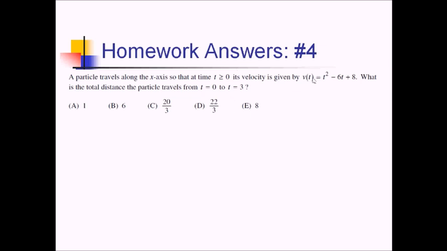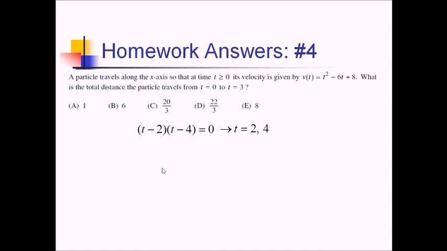So let me factor this out and set it equal to 0. So I can factor this into t minus 2 and t minus 4, and all of that equals 0. That gives us critical values of 2 and 4. Just doing a little bit of mental sign analysis here. If we plug in 1, we get a positive. If we plug in something between 2 and 4, like 3, we get a positive, negative, so negative. So we definitely have a direction change at t equals 2. And also, maybe possibly also at 4, but we don't really care about that one because it's outside this interval